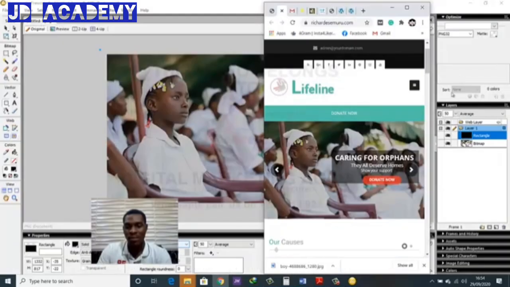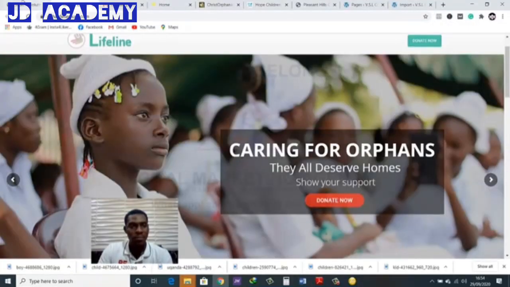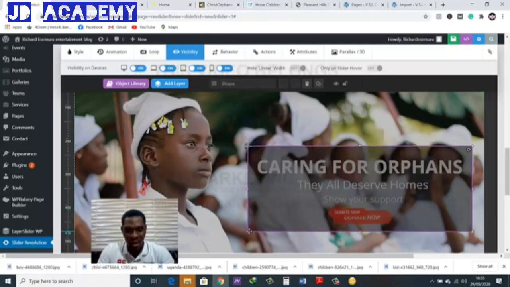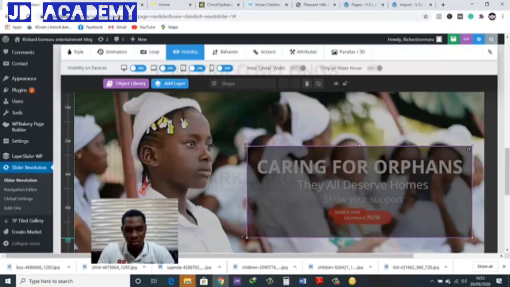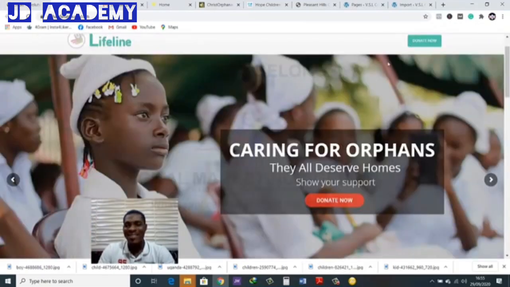So close this. Okay, you see, I think we need to bring it up a little. Still need to bring it up. Bring it up. Okay, take it up a little. And I think we also need to enlarge this a little, bring this down, this shape. Bring it down a little, like this, so it can accommodate everything. So save. So let's go and preview it on mobile and see exactly what the page is going to look